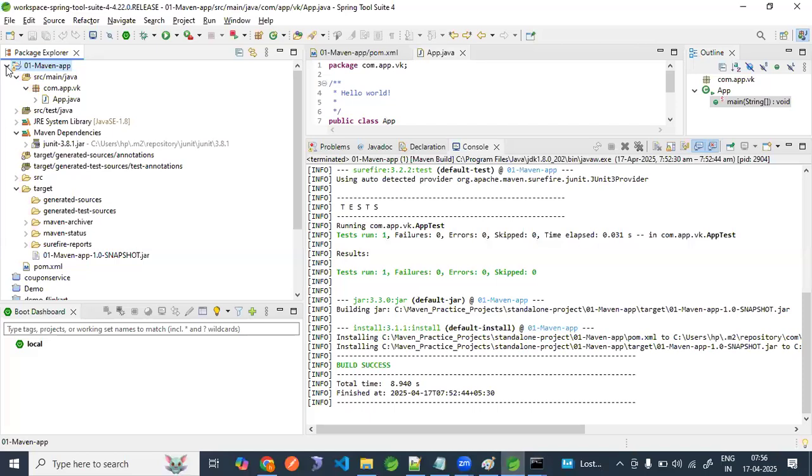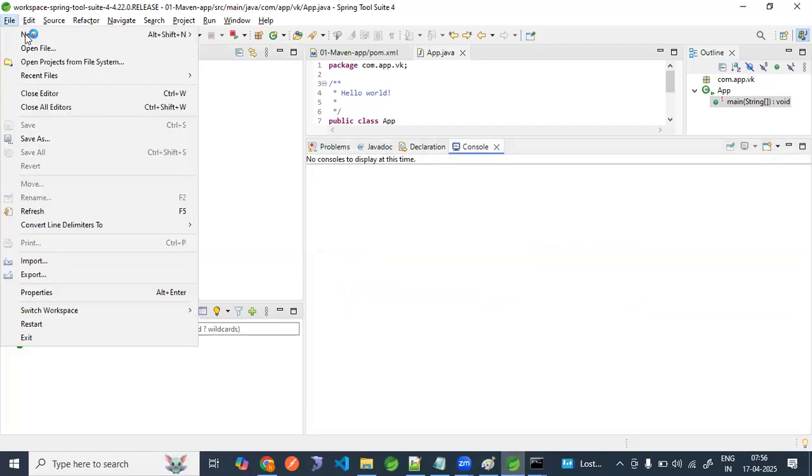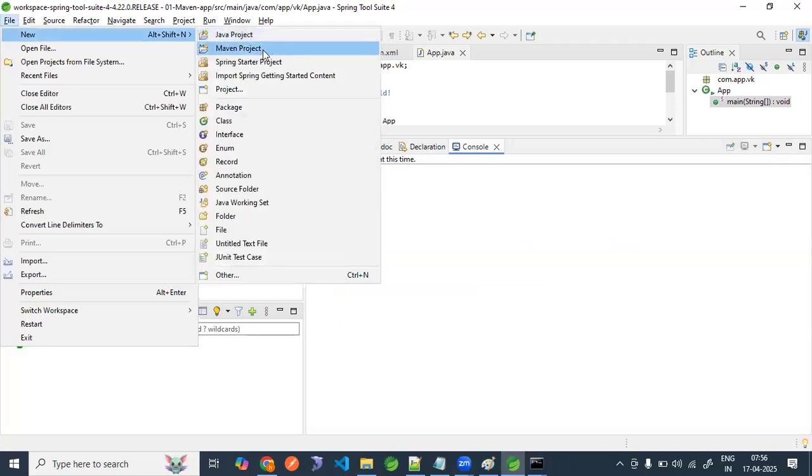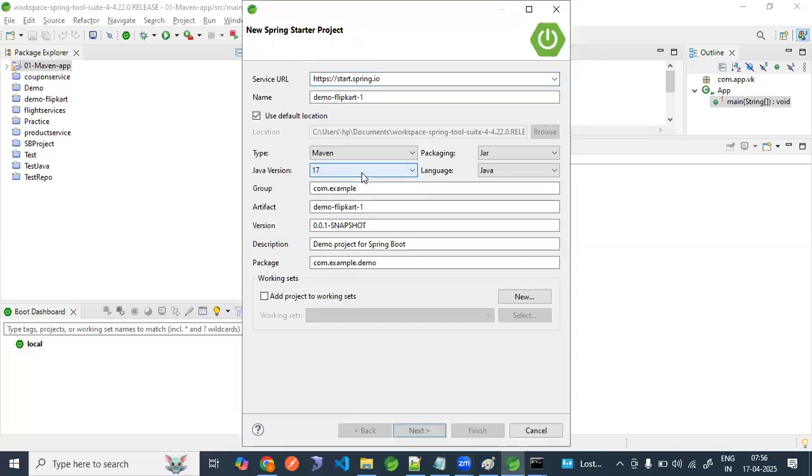How can we create a project from STS? Let's see. File, new, Maven project. For example, Spring Boot starter project. See, I am giving Java version 8. Try to observe which version. Let it be whatever it is taking. Packaging, jar or what? I can give here. Let me give demo Flipkart, some name, one, snapshot. Everything is fine. Now,